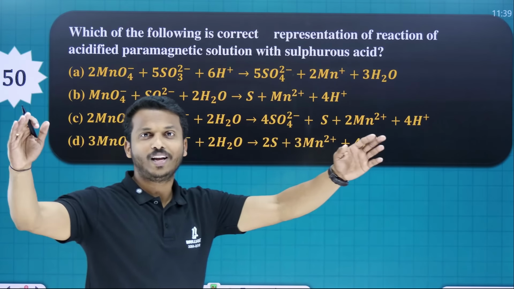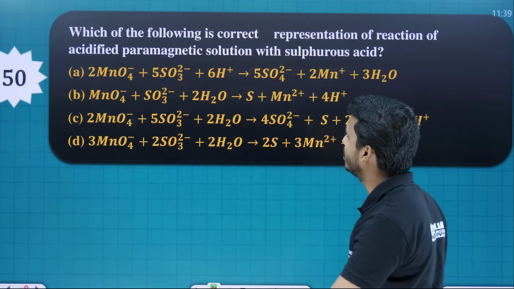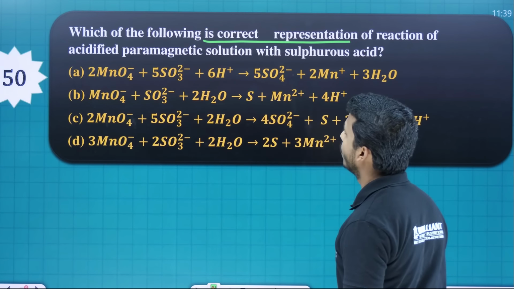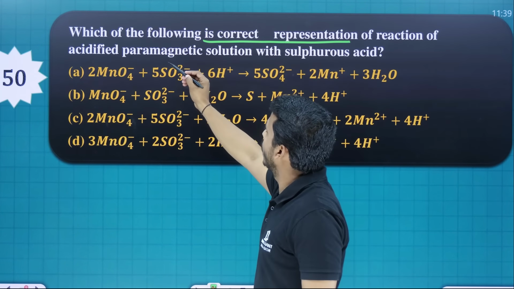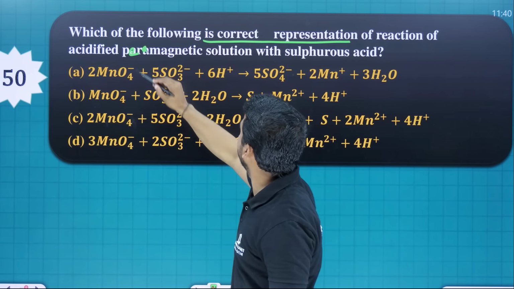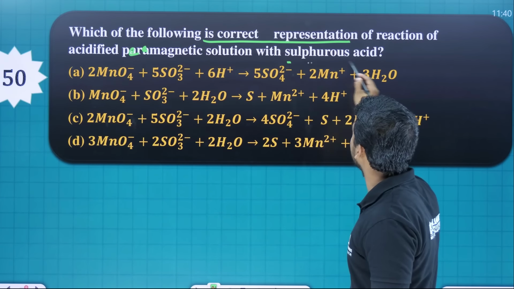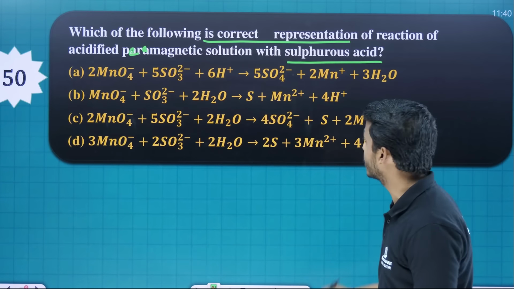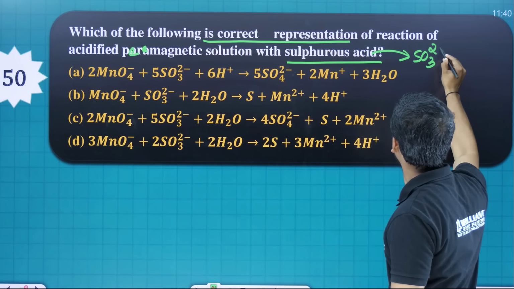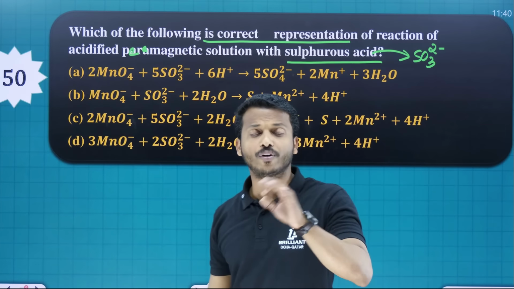Question number 50 for you all. We are going for the 50th question. Which of the following is the correct representation of acidified permanganate solution with sulfurous acid? You know what is sulfurous acid? The ion present, it's also called sulfite, that is SO3 2 minus. You should know first of all,